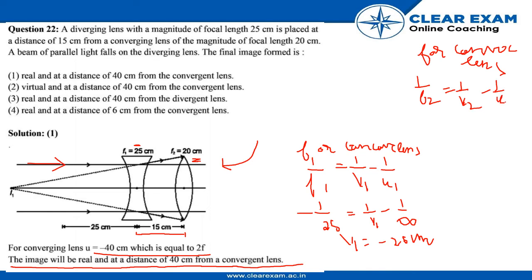Now for the convex lens, 1 by f2 is equal to 1 by v2 minus 1 by u2. So it would be 1 by 20 is equal to 1 by v2 plus 1 by 40. So from this, v2 would be 40 centimeter. Hence the answer is,